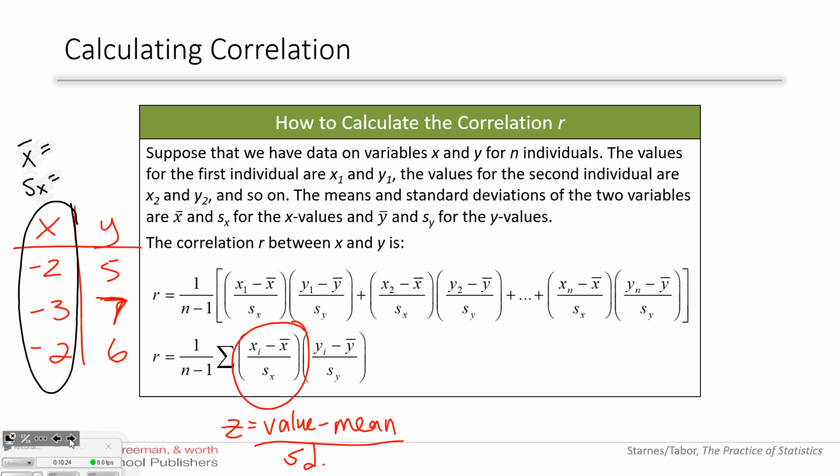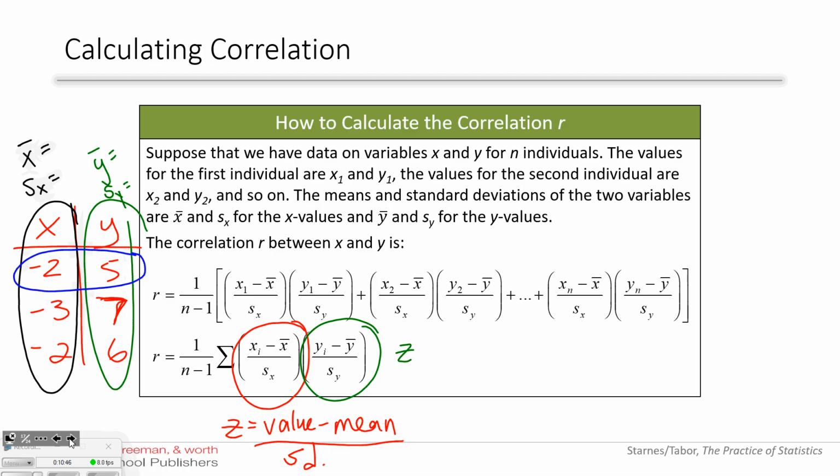And then I'm isolating the y values. I'm calculating the mean of these y's and the standard deviation of the y's. And then I'm calculating a z-score for those individual y values. And so then I would regroup these that go together as a point, and I would